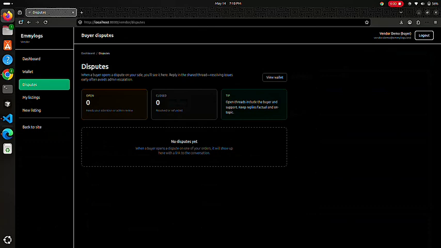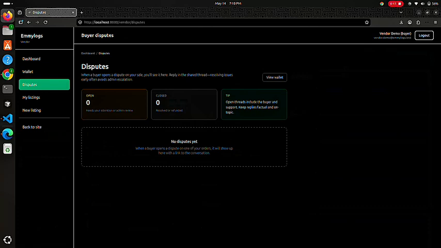We also have a dispute system. When a buyer purchases something from the marketplace, maybe an account, right? And there's an issue. Now, this is how it is designed. If there is an issue, the vendor is given about 3 to 4 hours, about 6 hours or so, to respond to that particular user. So if this particular vendor is the owner of that account and the user has issues with it,